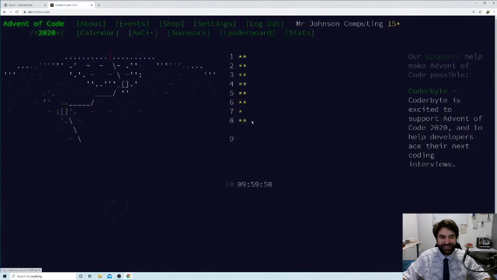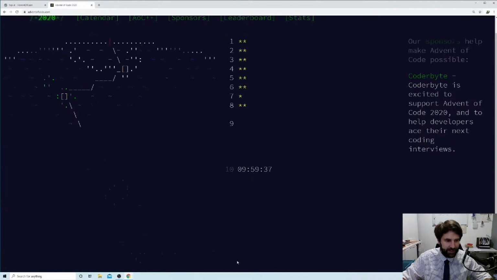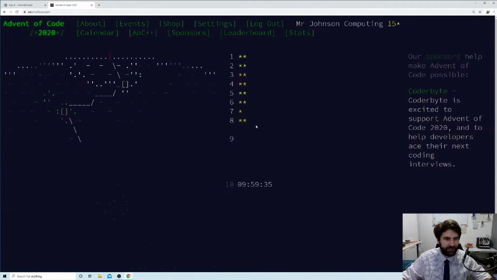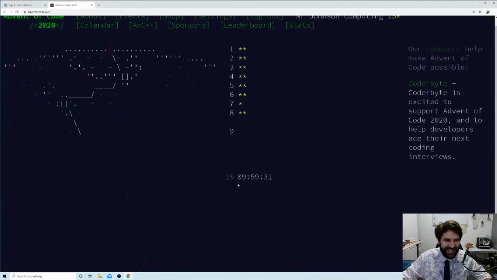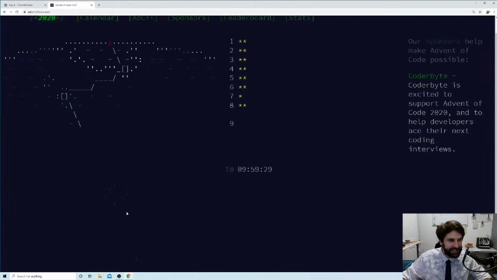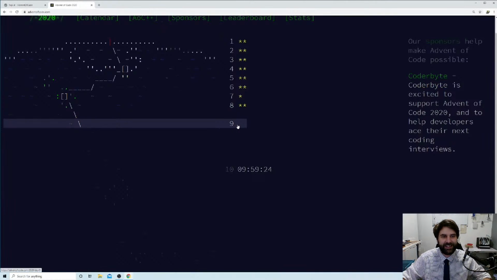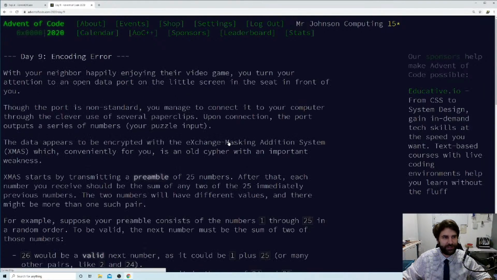Okay, I've got both my stars for day 8, so we've only dropped 1 star so far, which I feel is pretty good going, and I'm really hoping that today we can get both stars for day 9. Now look at this gap here between 8 and 9. I feel like we're going to get a much bigger picture than we ever have done on a previous Advent of Code before. We are, look at this is 10. 11 is nowhere to be seen. I think this might be a map or something. Anyway, without further ado, let's jump into day 9 and see what puzzle we've got to solve today.